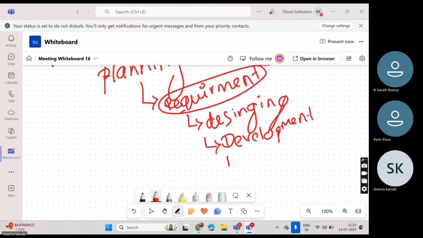Next one. After the development, after I developed the software, it has to be tested. So go for the testing team. Next one, after this, testing, deployment.